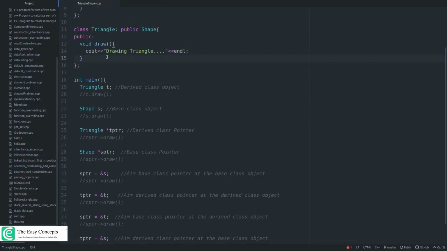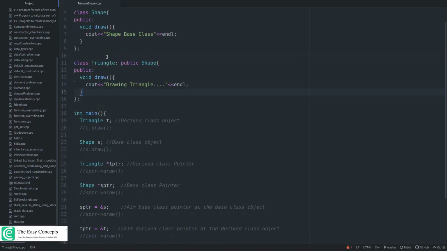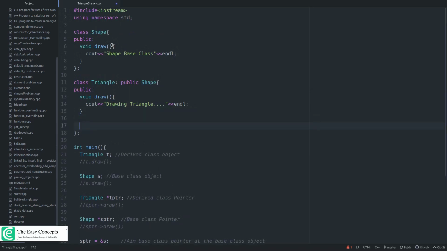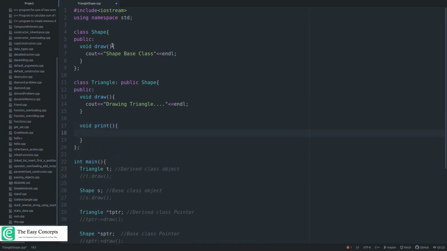Alright, let's try to understand one important concept here. You can see we have a shape class and we have a triangle class, and in both the classes we have a function draw. Now let's try to create one more function, print, and it will just print a simple message: this is triangle.